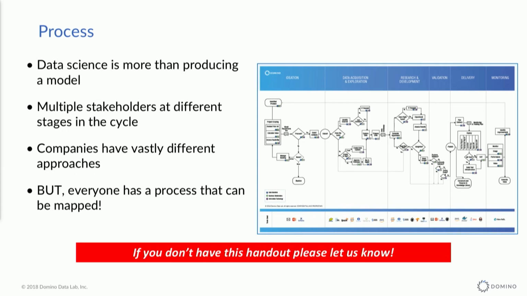If you look at that diagram in front of you, you'll see a lot of little dots in the corner of each box. And those dots represent the different stakeholders who are involved at every step along the way. Moreover, as you look at that diagram, you're gonna realize, hey, my diagram doesn't look like this. This is not exactly how my life cycle goes. And that's okay, because a lot of companies have different ways of doing this. However, the most important thing we've seen is that actually going through the process of writing it down is surprisingly effective. And so that's what we're gonna do in the second half of this exercise today.